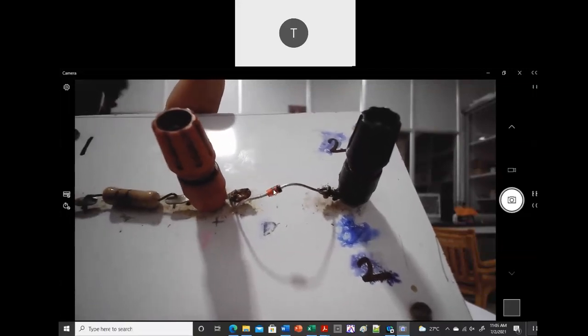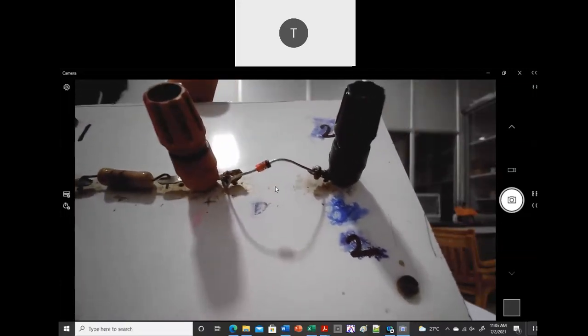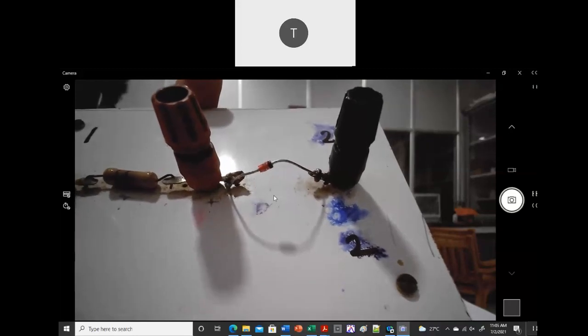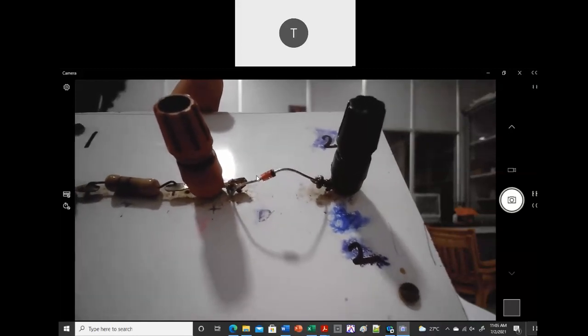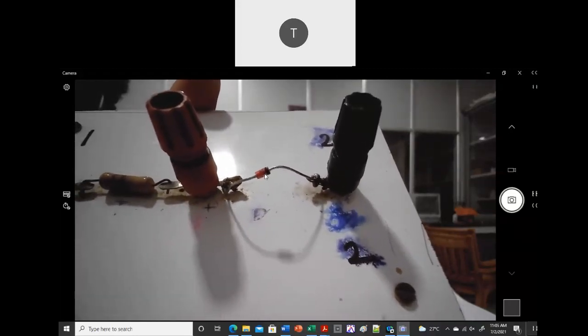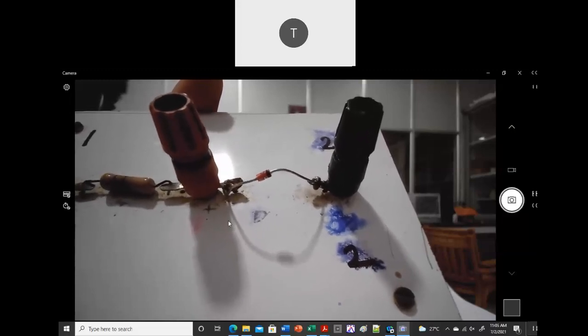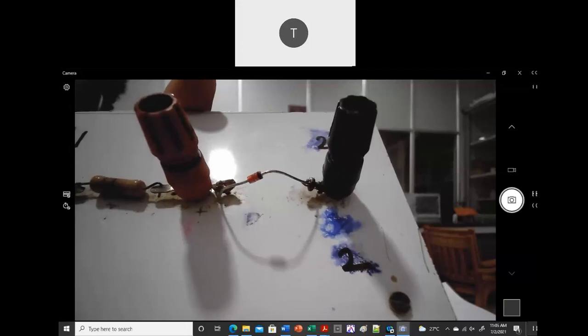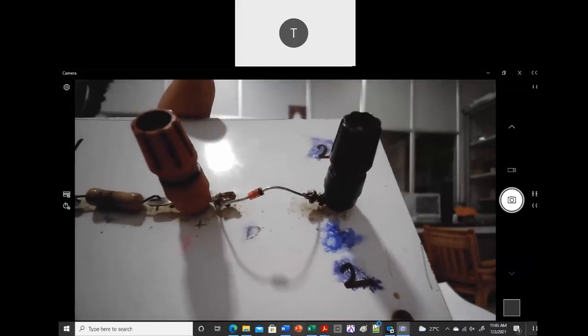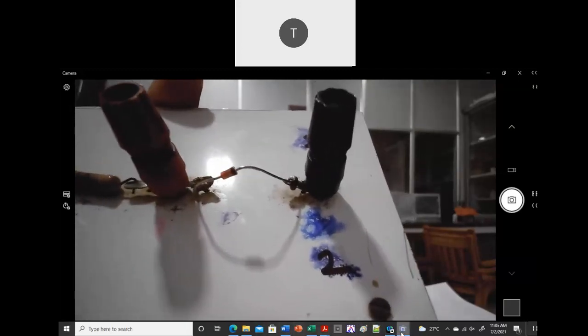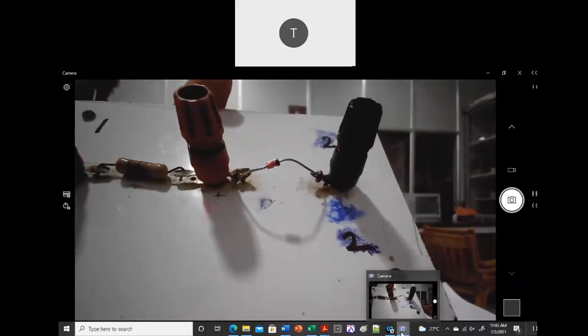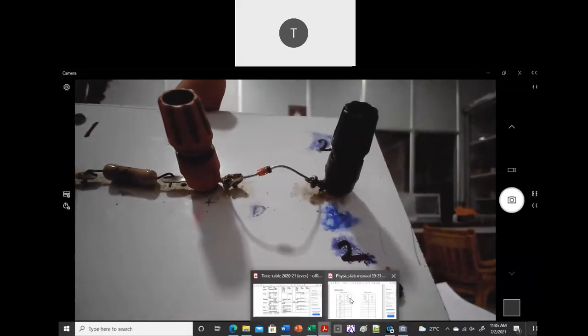This band is used to recognize the negative terminal of your Zener diode. If you have a band on one end, this means this is the negative of your Zener diode, and the other one without a band is the positive of the Zener diode. This is how you identify the terminals of a Zener diode. This is already written in your manual.